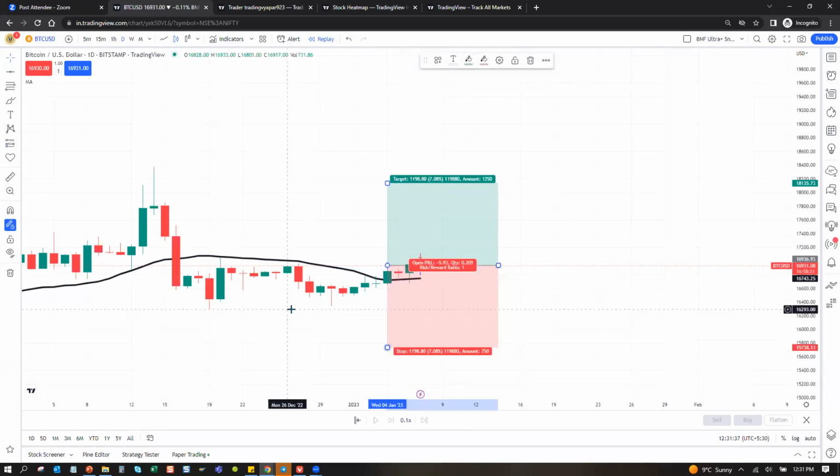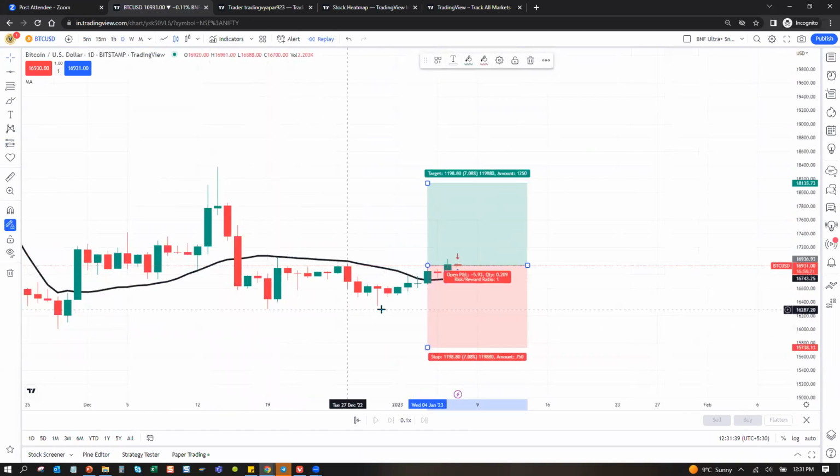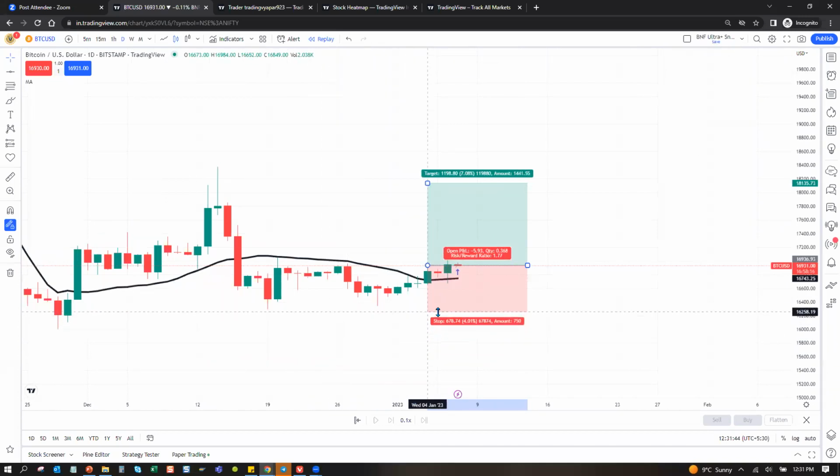Now I want to make sure, ये मेरा stop loss है. इस candle ये candle के दोनों के नीचे में should be my stop loss.